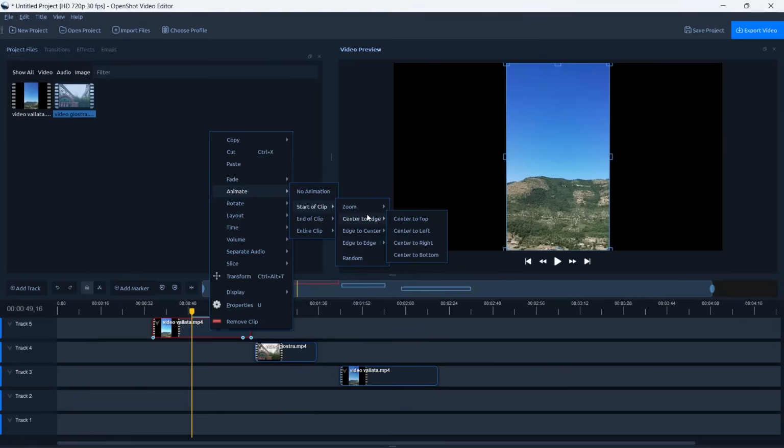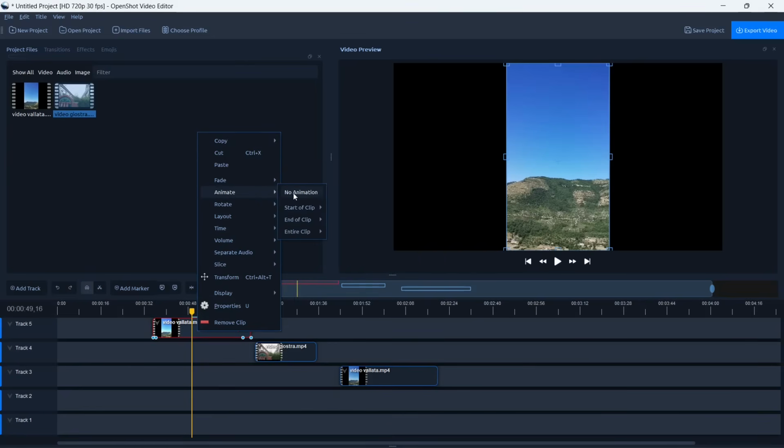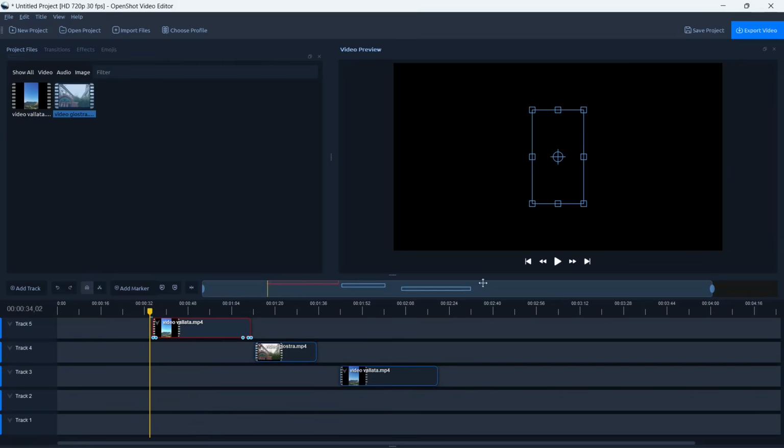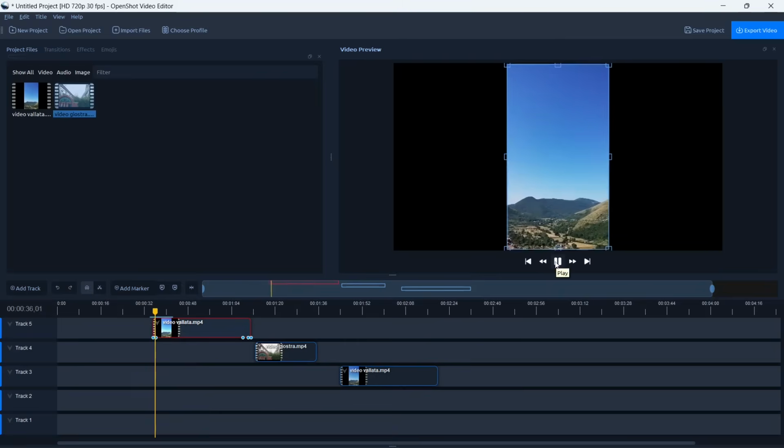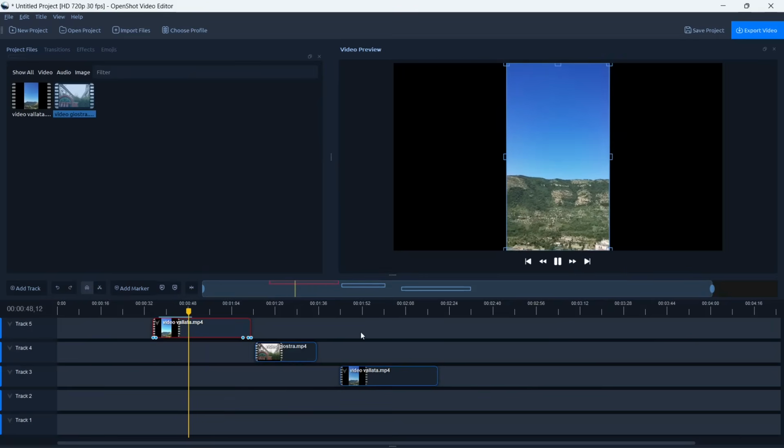For example, let's insert a zoom in from 50 to 100%, and then we can also insert a movement from the center to the right at the end of the clip. If we move with our marker and play the clip again, we'll be able to see the results of our animations. We can also play our clip fast forward,